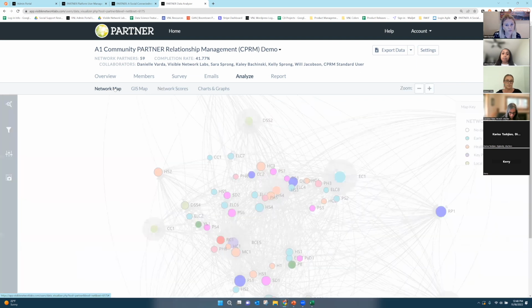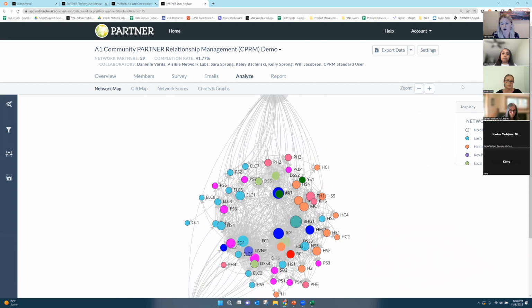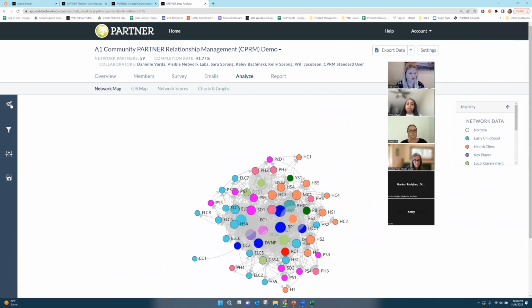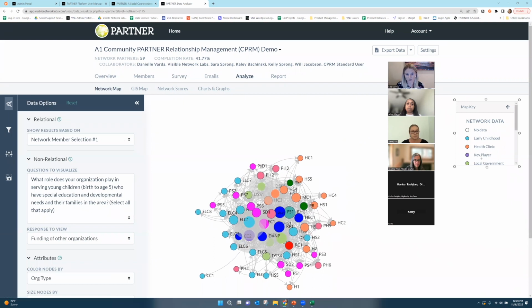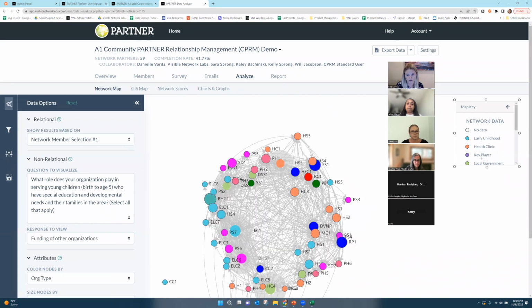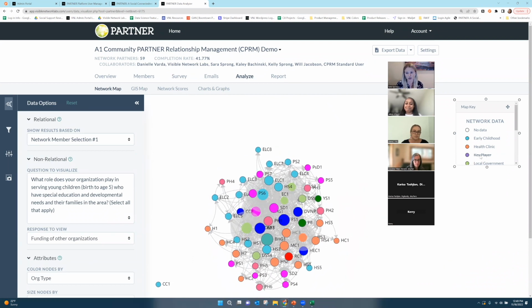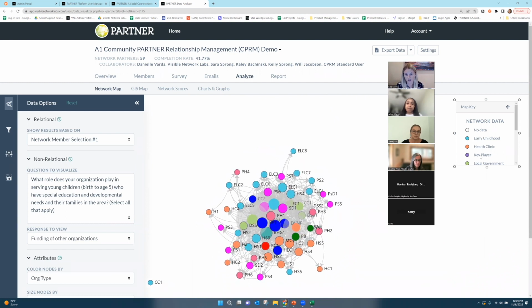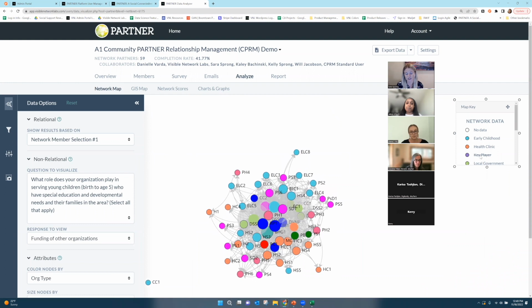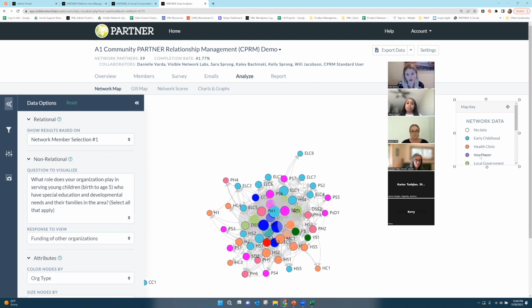When you go to your network map, one thing you can do initially is see, when I'm just looking at my total network, if I take them out, is my network going to fall apart? Oof, no, they're all still connected. That's really good, because if you took them out and it was disjointed, it would be really concerning, and we'd need to make sure this is a smooth transition, or that they're connected to two distinct parts of our network, and how can we better bridge